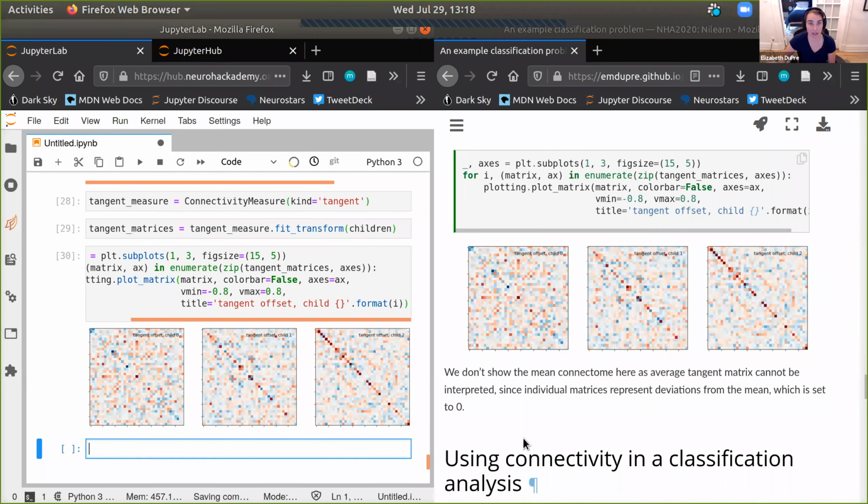So it's just a good reminder that when you're doing these different kinds of functional connectivity, you need to think differently about what you're really saying exists here. This is differently expressing the idea of a connectome in the brain.